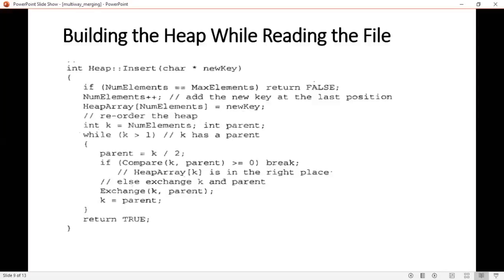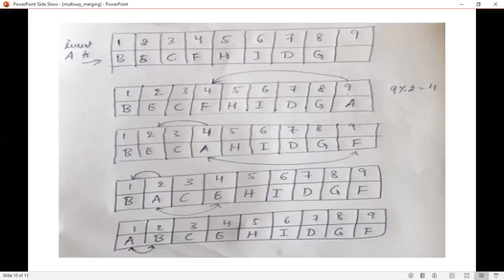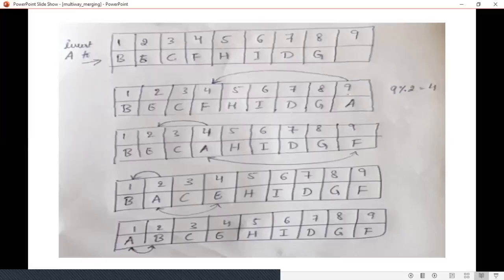Okay, so to this example here, the first row, if you see, you want to insert A. What you have to do, you have to insert it at position 9 there. Now the max element is 9 and number of elements here is 8.